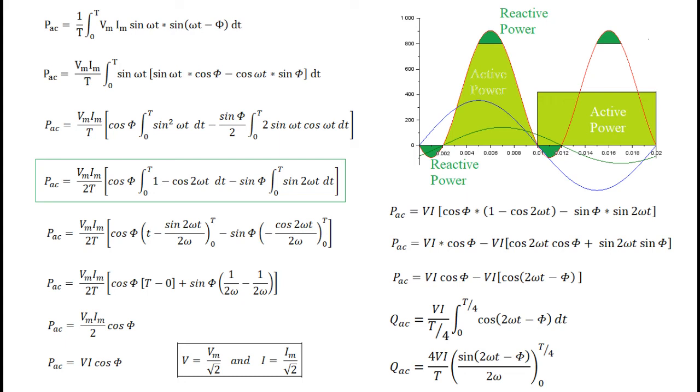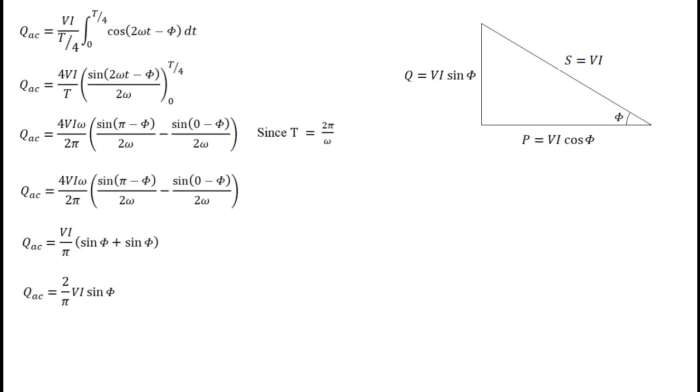This expression is further simplified and tells us that the reactive power part of instantaneous power has twice the supply frequency. The first constant part we have already derived. If we get the average value of the variable part, then we could get the reactive power expression. Since the average power of the variable part over a complete cycle is 0, we have to find the average over 1/4 part of the period of supply frequency. The resulting power is known as reactive power and measured in VAR.